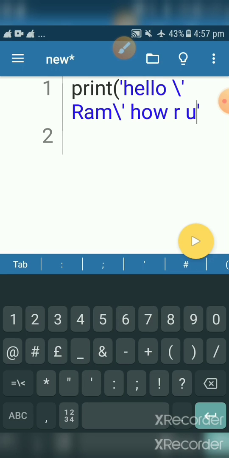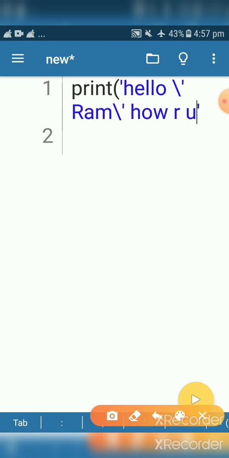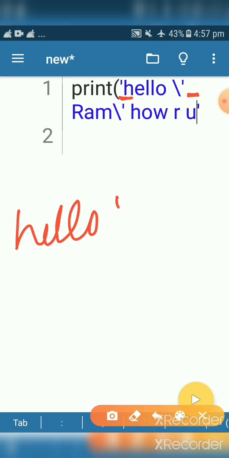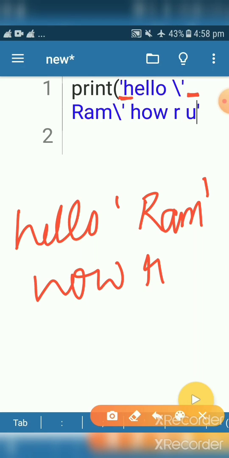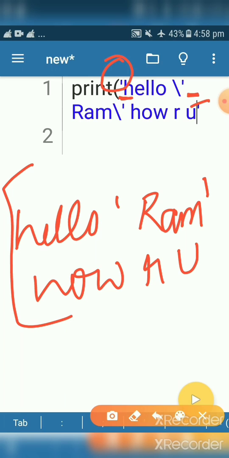Now concentrate here, here also I am using a single quote, here also I want a single quote because I want output like this: hello, then I want Ram in the single quote, then how are you? I want this output. So outside also I am using single quotes, inside also I am using single quotes.